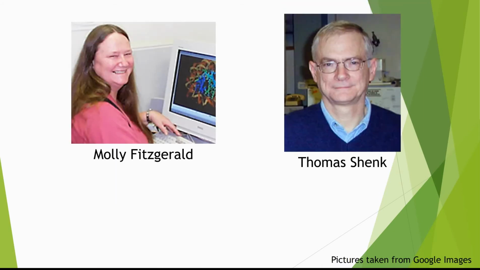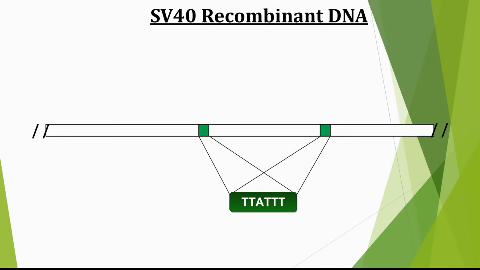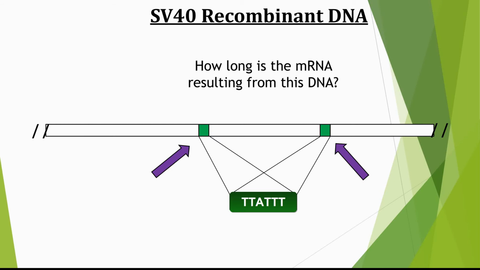In 1981, researchers Molly Fitzgerald and Thomas Shank wanted to look at the importance of this conserved poly-A signal in determining the proper cleavage site of the RNA and the subsequent polyadenylation of the transcript. To test this, they produced recombinant SV40 viral DNA, which had two poly-A signals, and wanted to see how long the resulting transcript was by either including both of the two signals or by knocking out one or the other of the two signals. To measure the length and relative abundance of the fragments, they performed an S1 mapping assay,